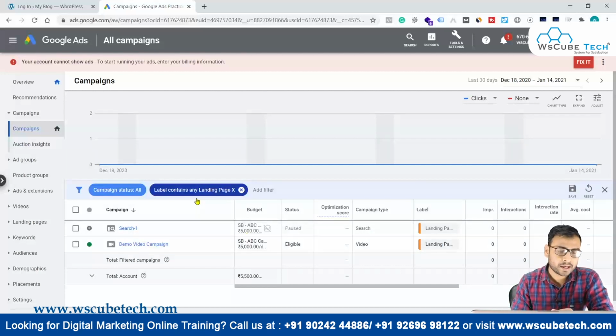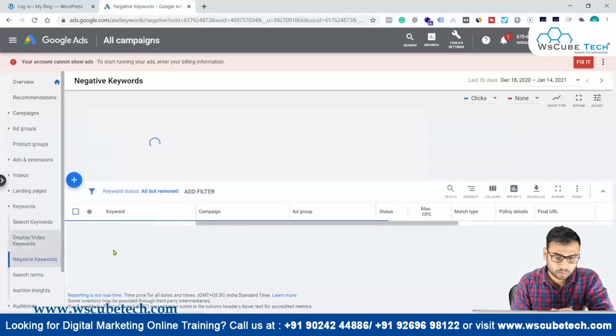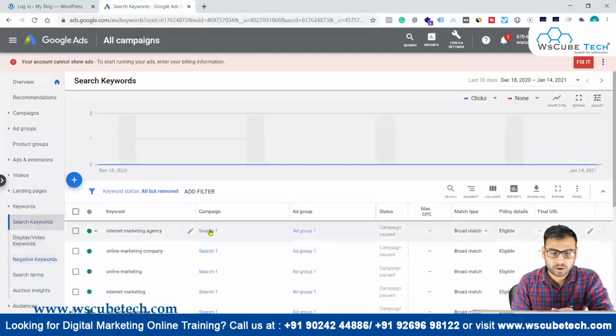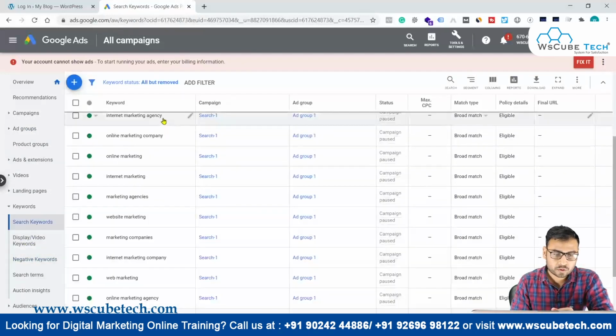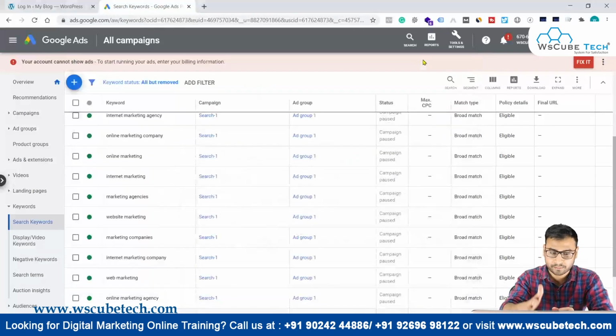What else we can do is come to our keywords over here, like our search keywords. Once we are at this search keyword section, we have one case over here, right? If we have some best keywords which are performing well, we can assign some labels to them.